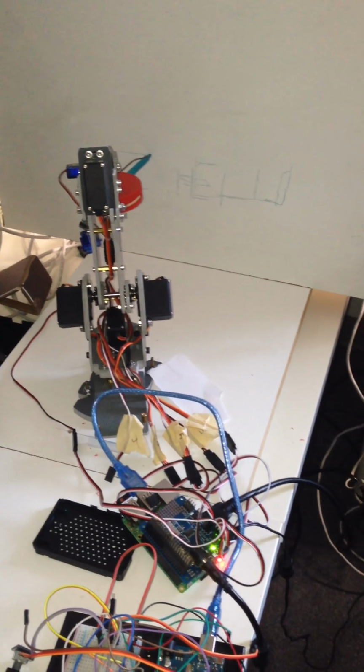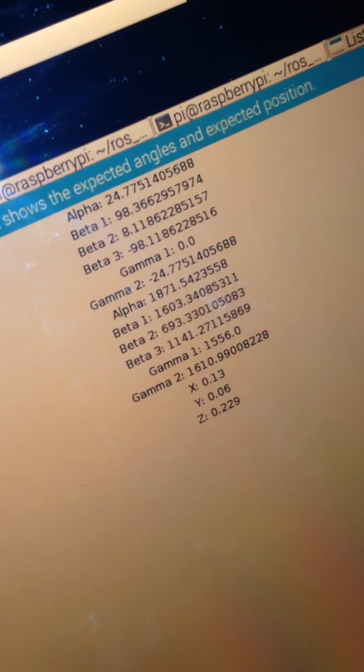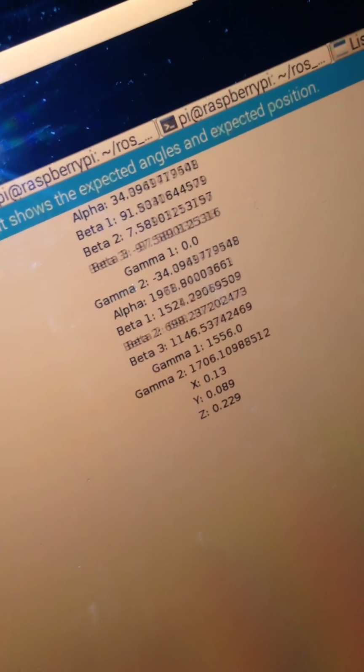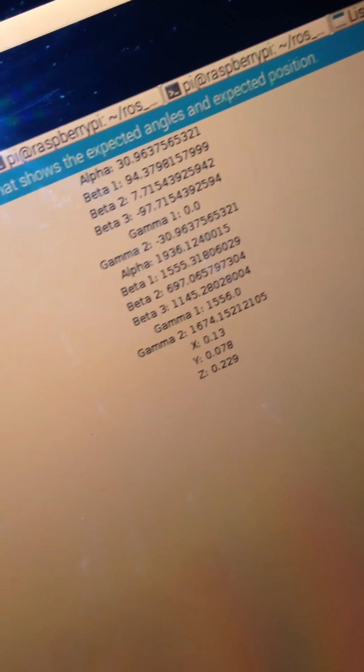And we also have it updating. Liam, if you turn the potentiometers, there's a ROS node that's listening to a bunch of different publishers, so it's taking all of the angle measurements and the pulse widths and the current coordinate, and it's putting it on